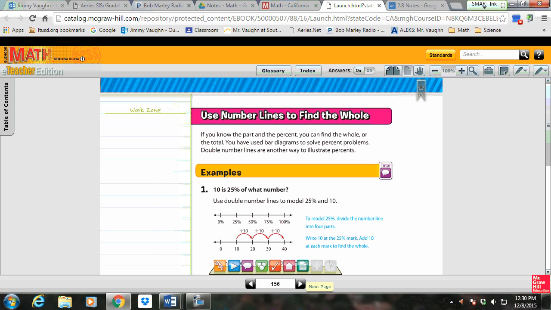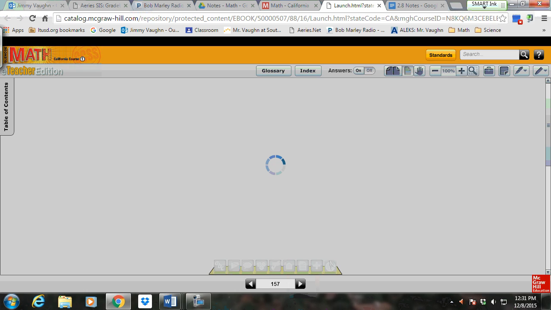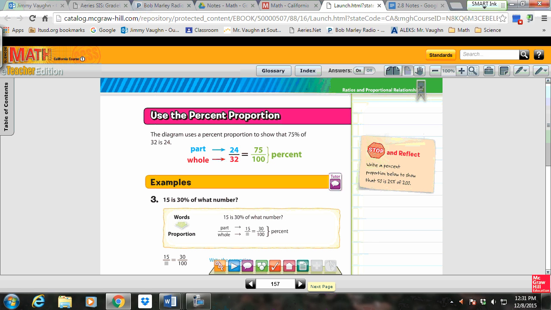Page 156 shows you graphically how to solve this type of problem, and I'm not going to do that with you. I think it's kind of confusing. There's a much more straightforward way to look at it, but for those of you whose brain works well visually, you might read it and see if it makes a little bit more sense to you. We're going to go straight to page